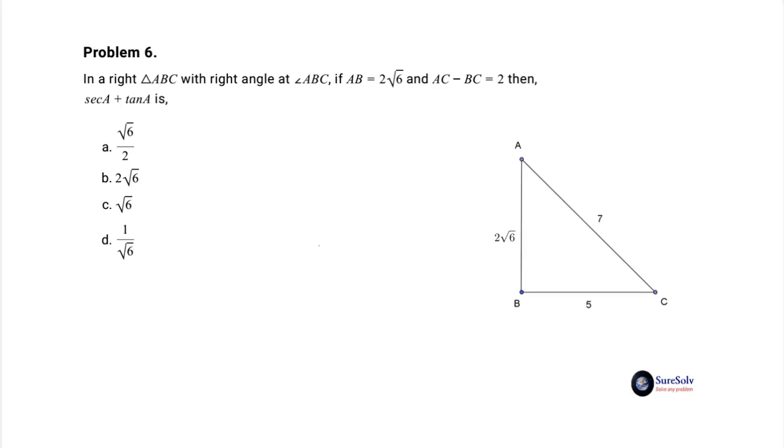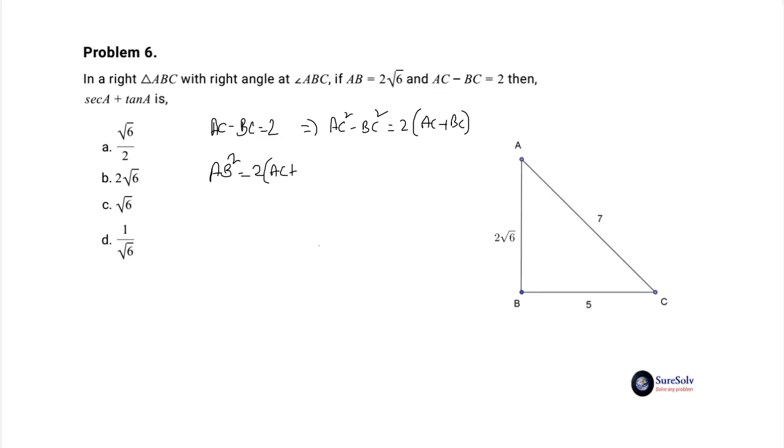as both the given expressions involve lengths of sides, we'll take the direct approach of using Pythagoras theorem to find the lengths of sides and then express sec A and tan A as trigonometric ratios of the sides of the right angle triangle. We have in the right angle triangle ABC, AC minus BC equal to 2. Multiply both sides by AC plus BC and you get AC square minus BC square equal to 2 times AC plus BC. Or AB square equal to 2 times AC plus BC.